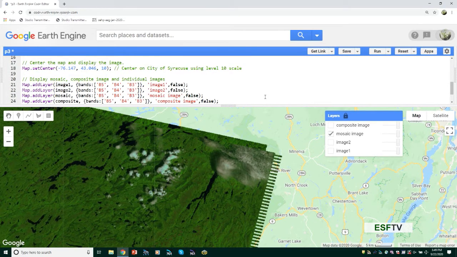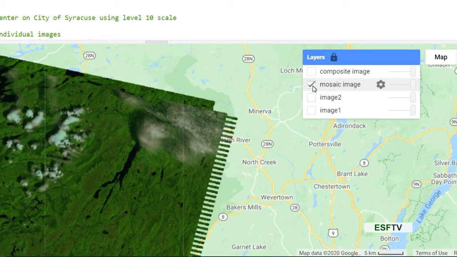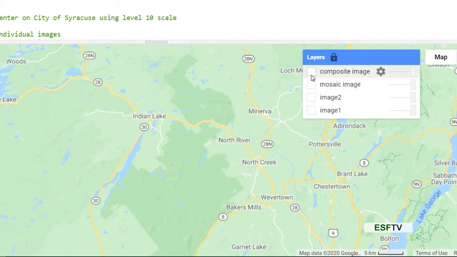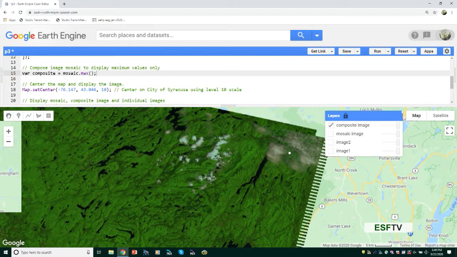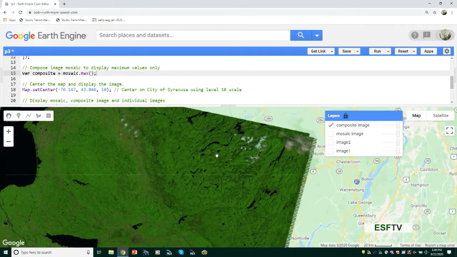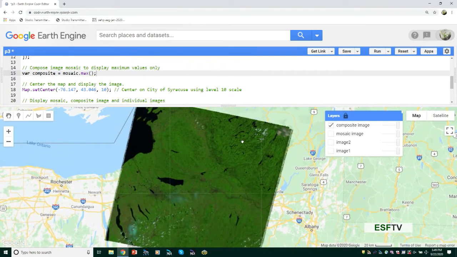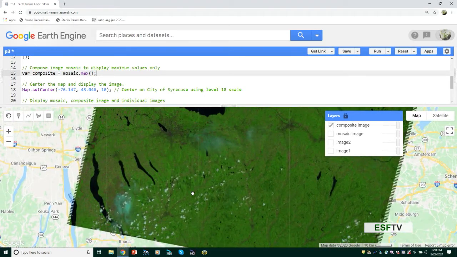And then the next step, what we did was to compose the maximum value for each pixel to display an image composite. So what does that look like if I just check the composite image? And now you're looking at an image composite. And if I zoom out, it's easier to see here. One way to check if this worked is